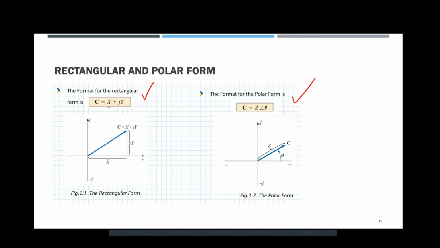This is the format for the rectangular or complex form. C is equal to x plus jy. And the format for the polar form is C is equal to z at angle theta. Okay, theta right there. So z is the amplitude or length in here. That is like the same thing we wanted to do. Okay. So now,